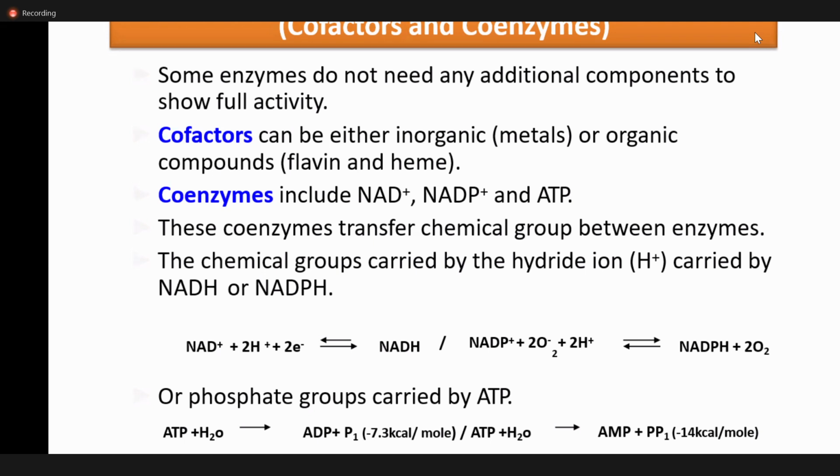Water is released, oxygen is released, and with two electrons a reduction